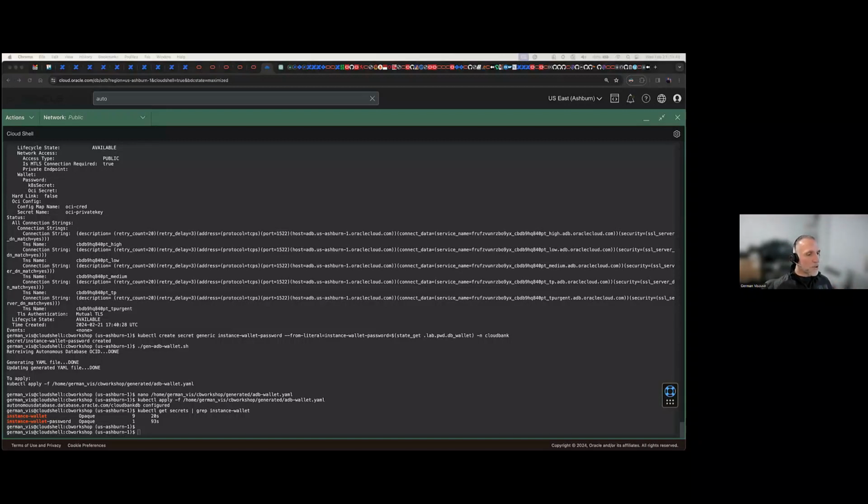So I'm going to init the database, and this is going to run SQL over the database using the wallet that we just extracted, and using a direct connection to the database. It's going to run SQL, and it's going to create all the roles and users that are necessary for us to support the application, which is Cloud Bank. So I'm going to do that.